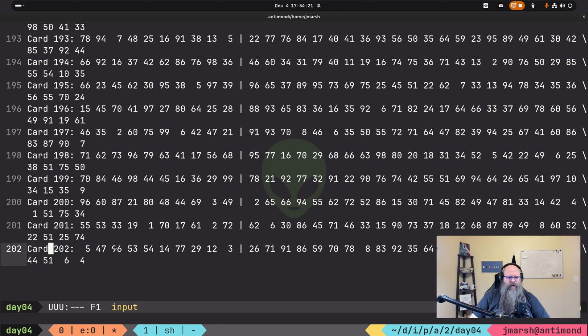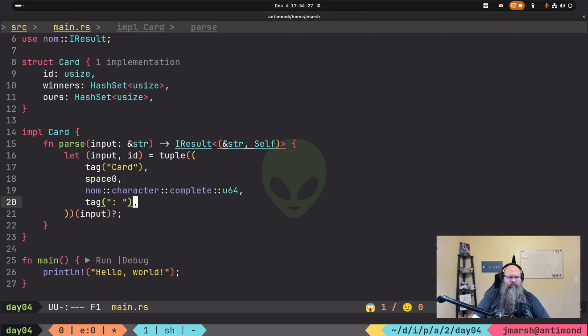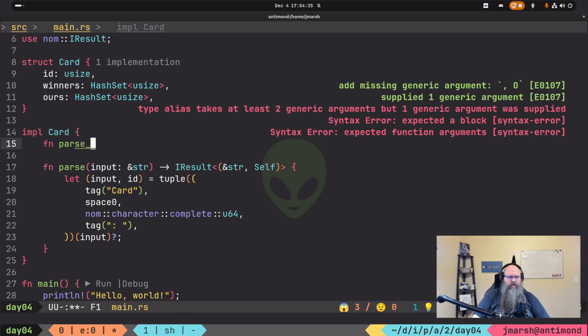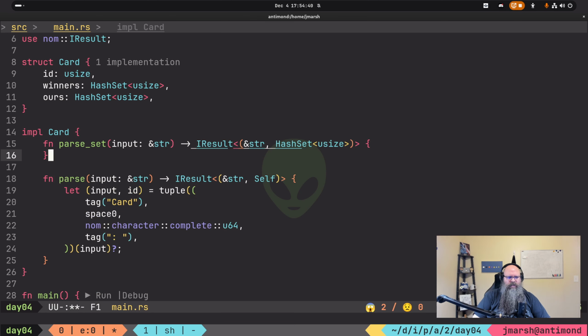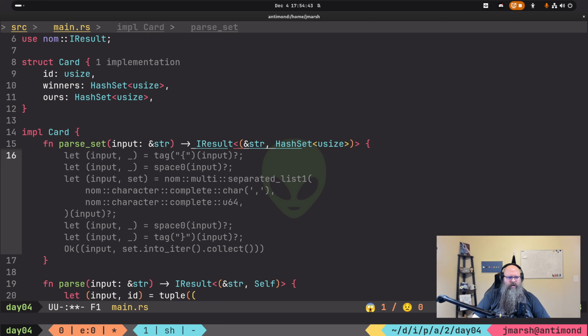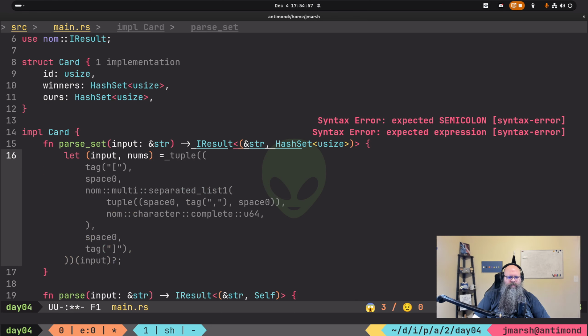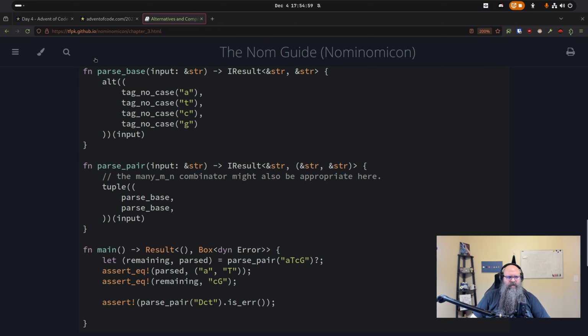our two maps. So we should create a parse map function that does it by any number of spaces. So we can do a fn parse set with a string, and it's going to return a hash set. And we say let input nums equal, there's like a separated by,